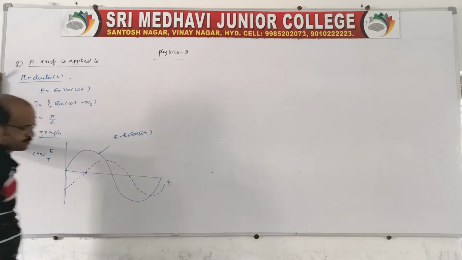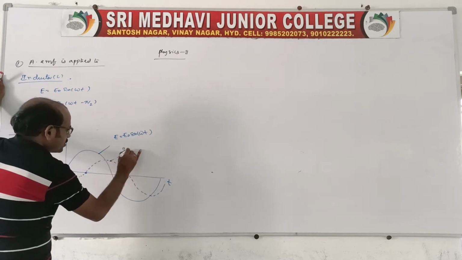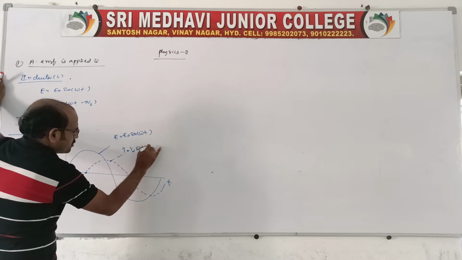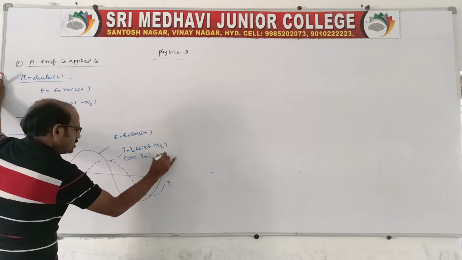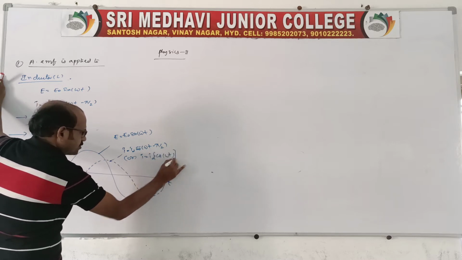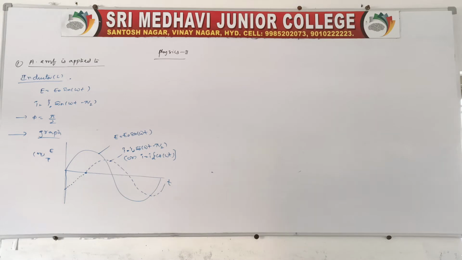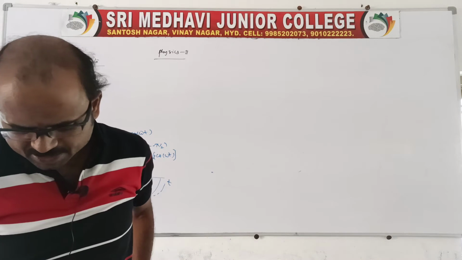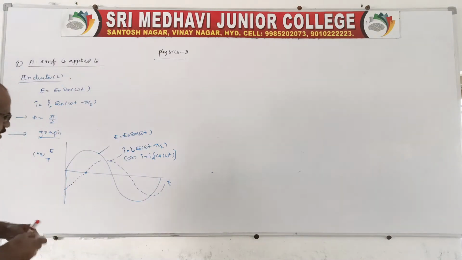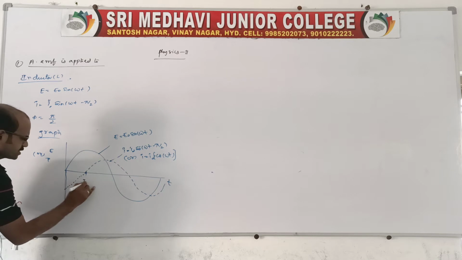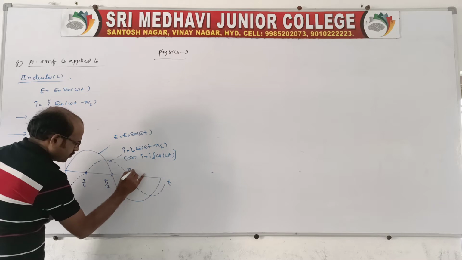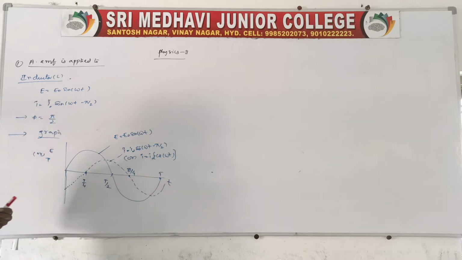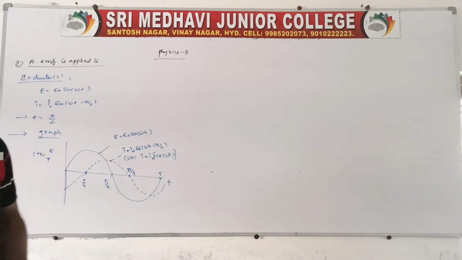Got my point? So this may be I equals I naught sin(omega t minus pi by 2), or else we can say I equals minus I naught cos omega t. Both will be the same; you can take any one. There will be a phase angle represented like this. Of course we know the times also: T by 4, T by 2, 3T by 4, and T. This is what we can say related to the graph.